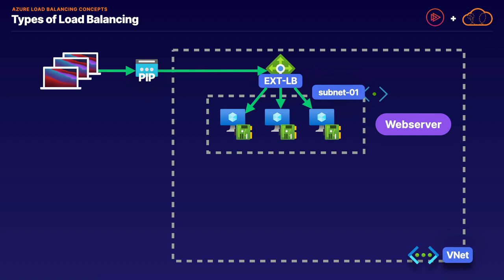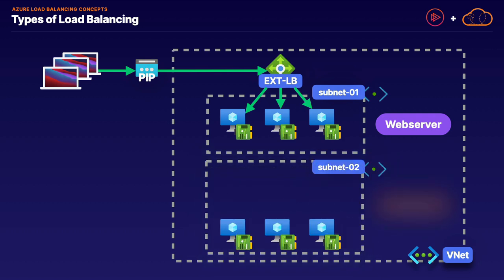Now, let's talk about what we would see for an internal load balancer. Let's say these web servers use a database. As is common with most web applications, we have a database layer. So in this database layer, we have more virtual machines. And maybe we use an internal load balancer so that we can balance traffic between these database VMs. And what we're balancing traffic for is actually these web server VMs that are running in the back end of